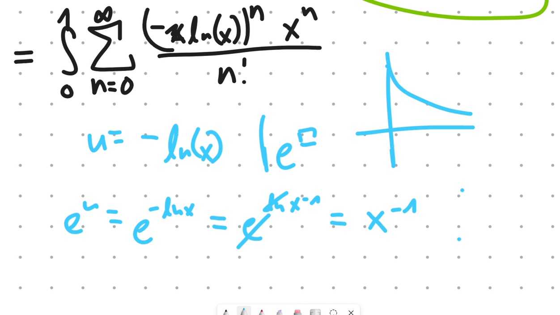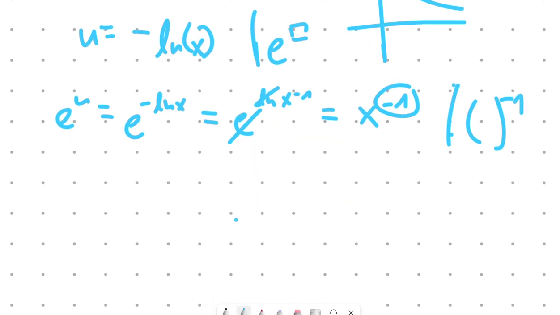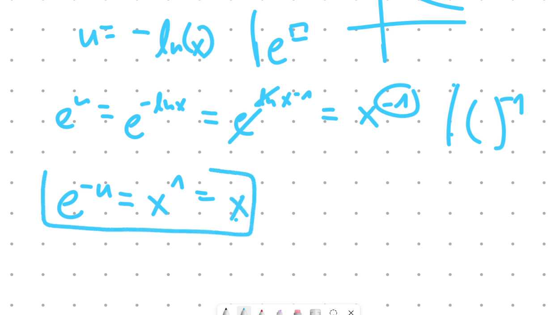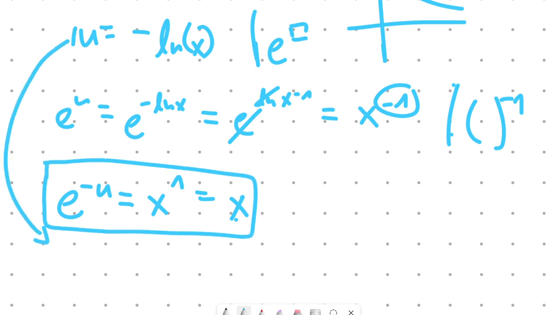And now we can take both sides to the negative 1 power, so that we will get a plus 1 over here. And now we will get e to the negative u is equal to x to the 1, or x. Okay, so this is our representation for x, but we have to differentiate both sides. So we'll get